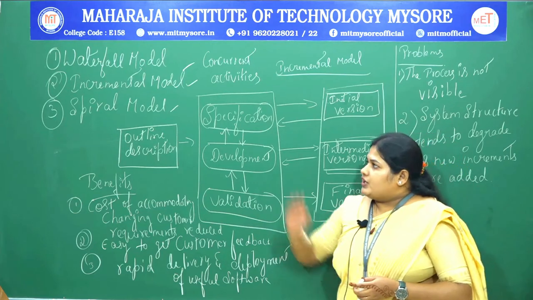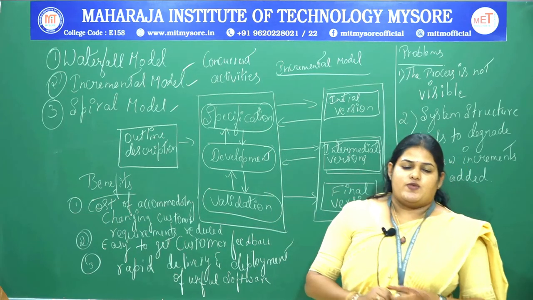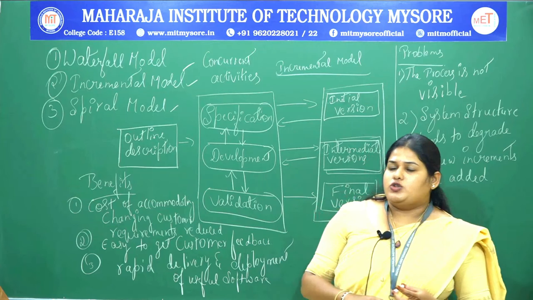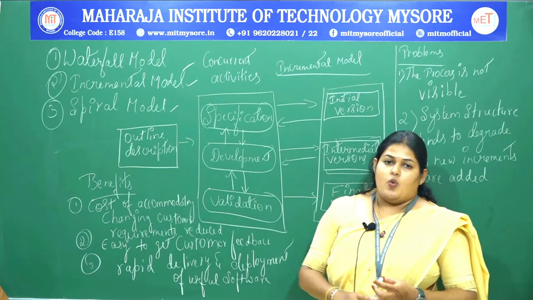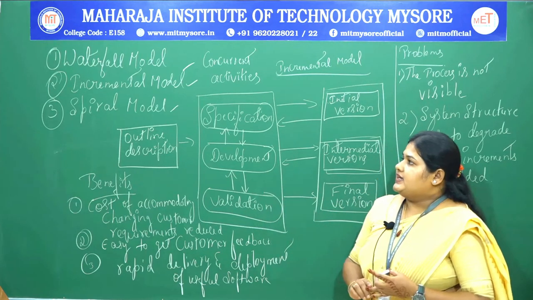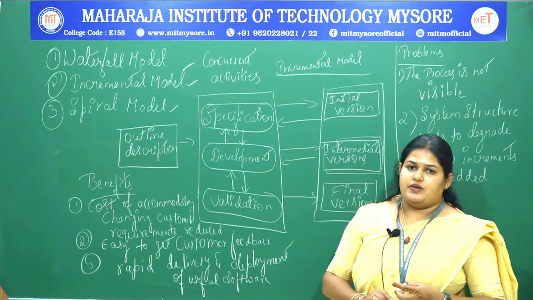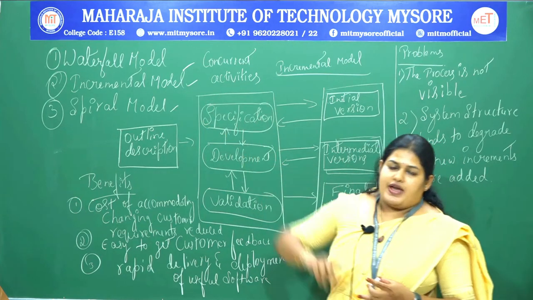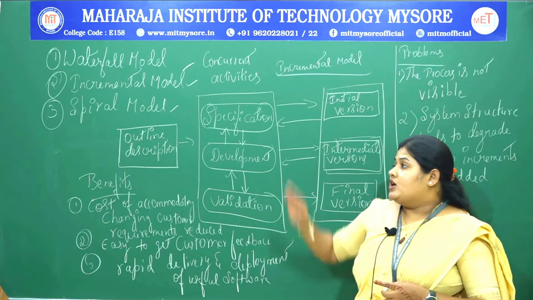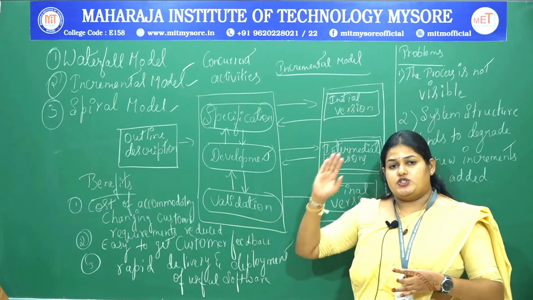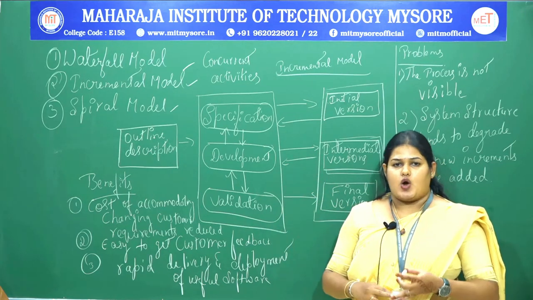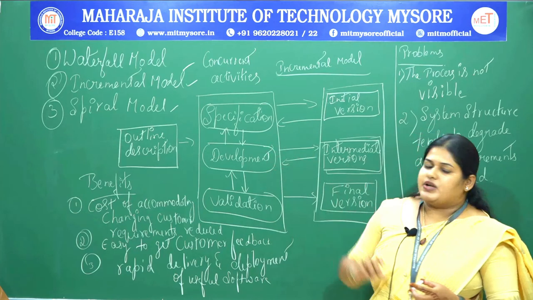The second type of model is the incremental model. You should know how to use this incremental model, and what its advantages and disadvantages are. Basically, the incremental model was built to address the disadvantage we observed in the waterfall model, where backtracking was not possible. Again, it was possible, but it had to start from scratch. So it takes much time as well as cost, and that made it difficult to bring out the projects.